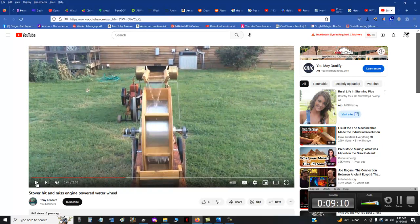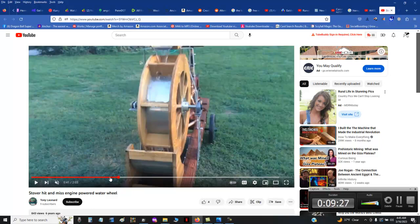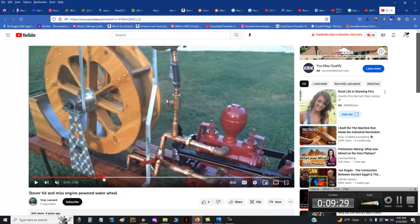Because the water wheel didn't look like it was attached to anything, so it kind of looked like it wasn't turning anything, but it technically is on the left side. So on the other side, there's a gear there, and that gear is turning something. Ideally, let's go back. It's turning the pump, right? It's turning the pump, because this right here in the middle should be the water pump,